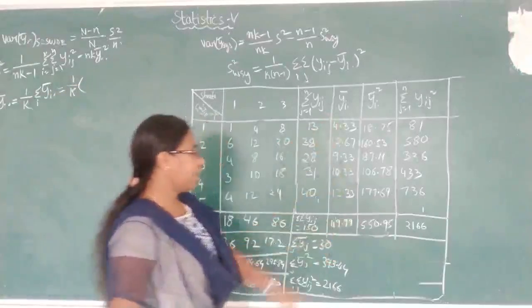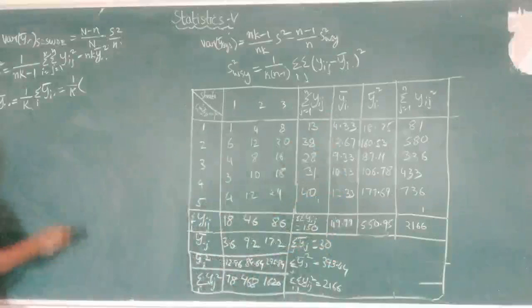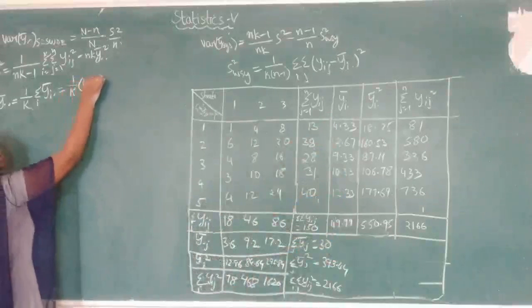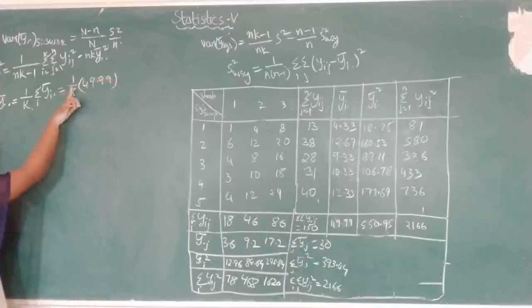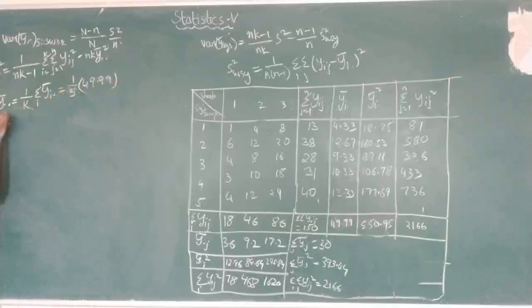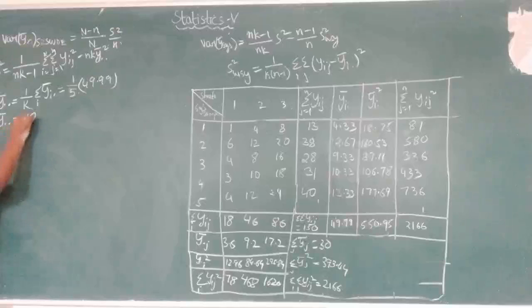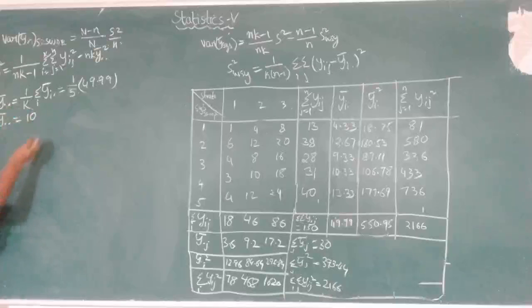The summation value is 49.99. So 1 by k means 1 by 5. So therefore the y dot bar value is 49.99 divided by 5. We will be getting approximately 10. So I am rounding off the value and taking it as 10. So instead of this, you can use the other formula, that is